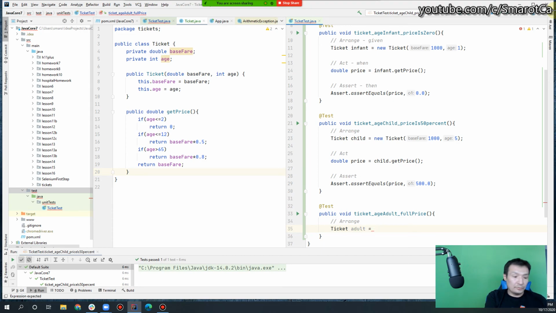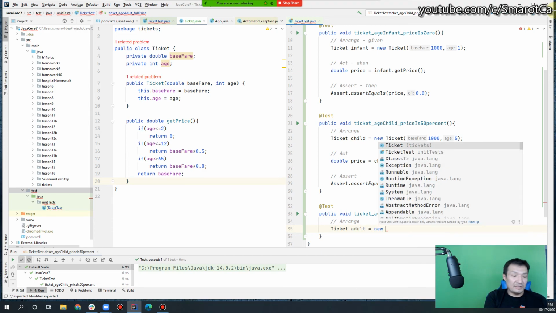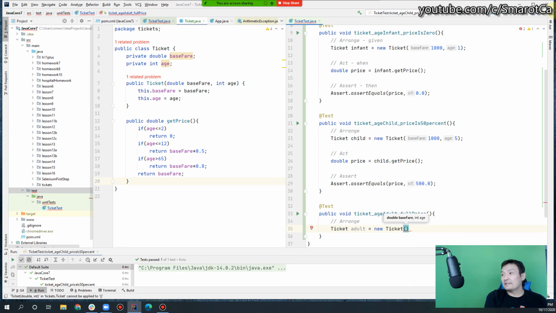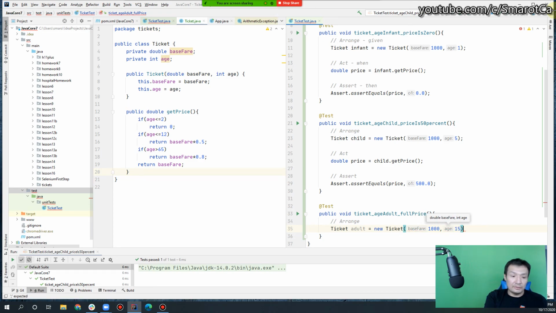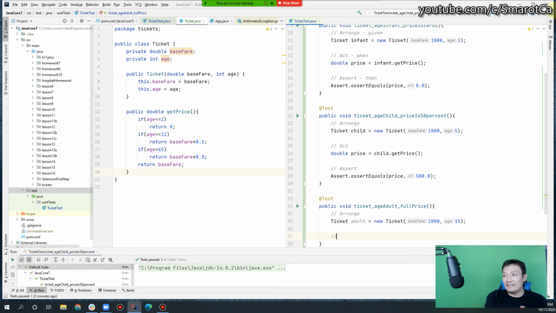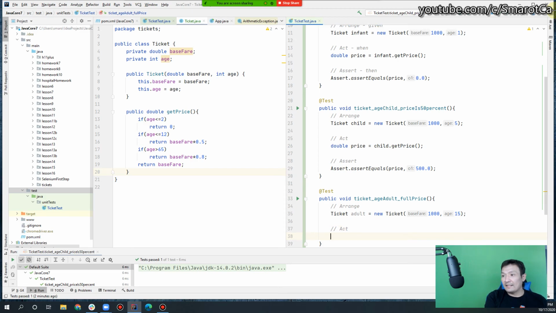Is equal to new ticket, and here I'm passing 2 values. It's $1,000, still $1,000, but the age is like 25 years. Good, legit. Now next is act. I'm running my method, I do the test now. What I do is a test: I run the method which I want to test. So I do like double price